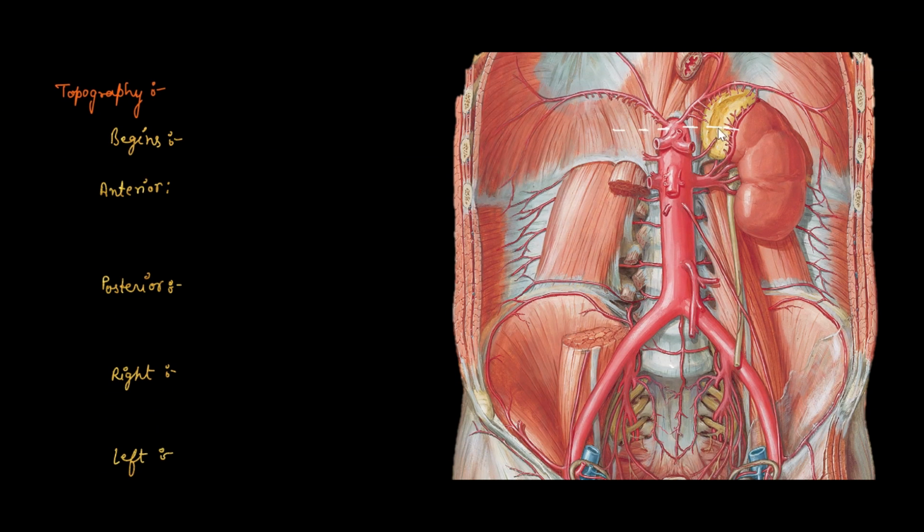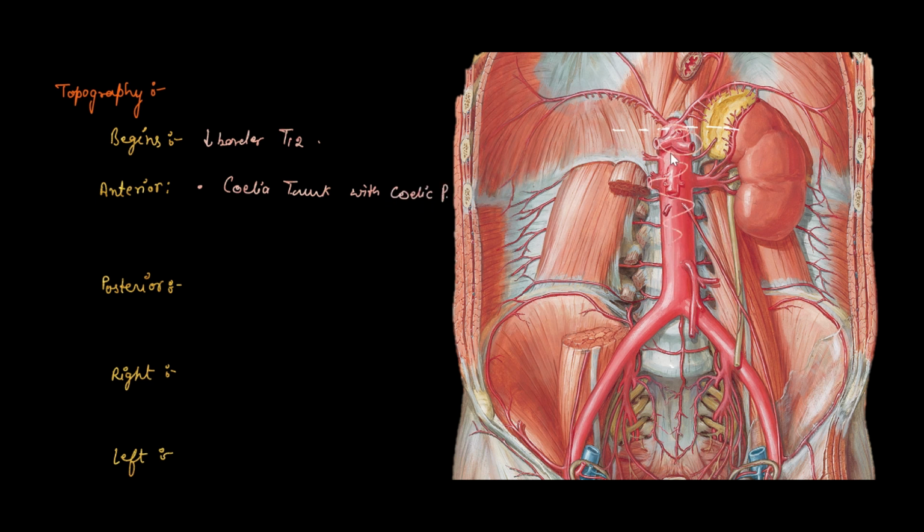So as we know, at the level of the inferior border of T12 vertebra, or 12th thoracic vertebra, the thoracic aorta descends down into the abdominal cavity and gets transformed into the abdominal aorta. On the anterior aspect of the abdominal aorta, we saw that here lies the celiac trunk with celiac plexus,